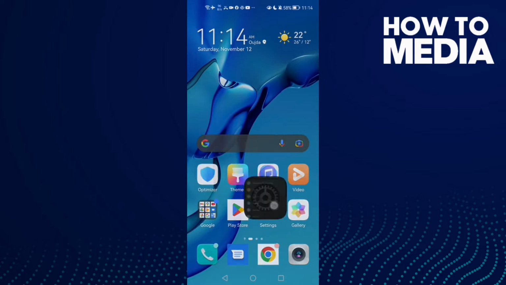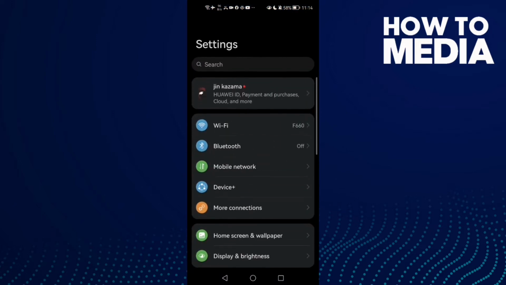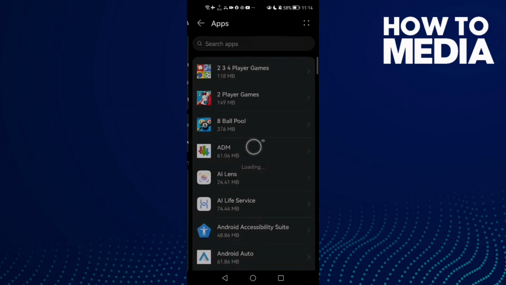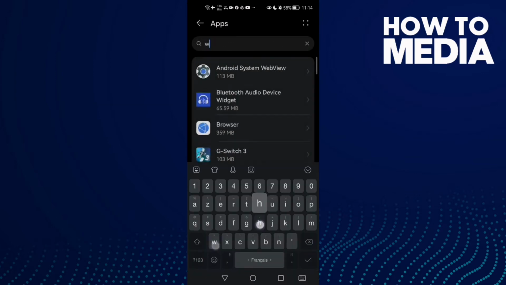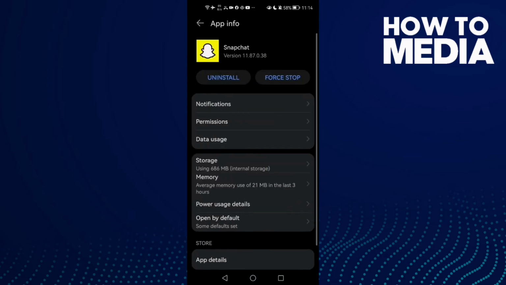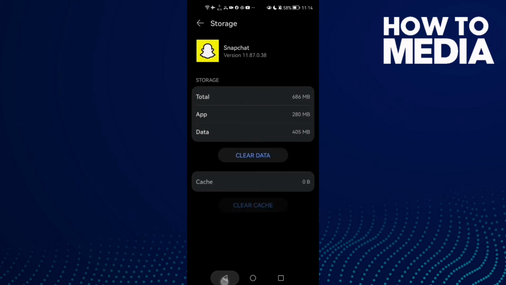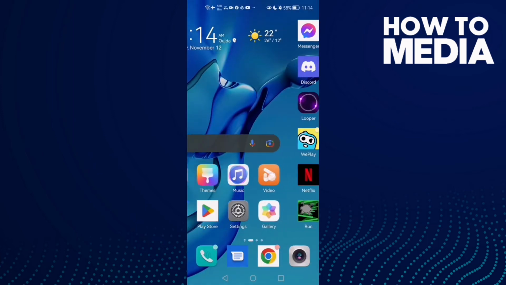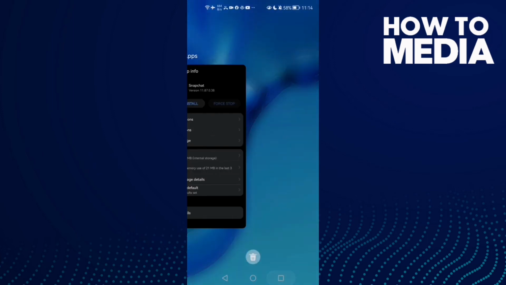First open settings and now scroll down until you find here apps, and now click apps again, and here type Snapchat and click on it. And first thing you need to do here is to click storage and clear cache and then force stop. Now go back and try again,